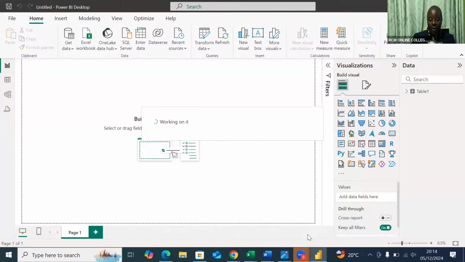I would have gone to my model directly, but I don't want to go there. What I want to do is come to this table, this one here. I can see, sorry,